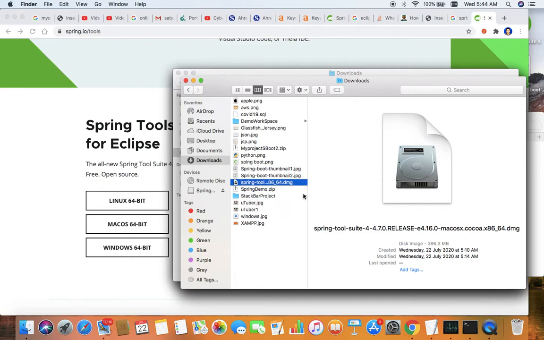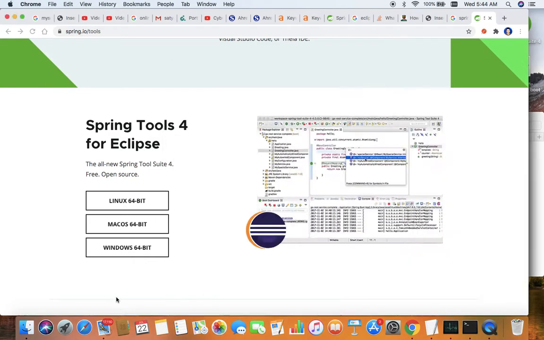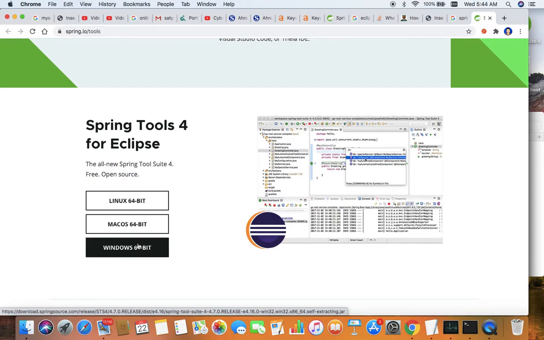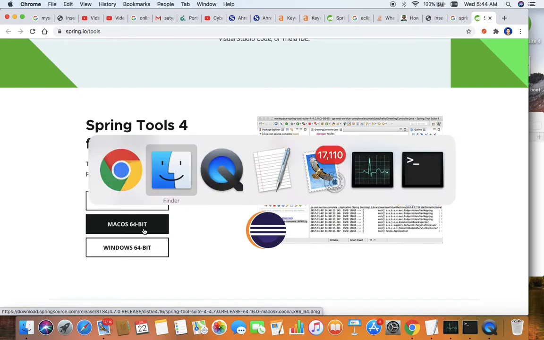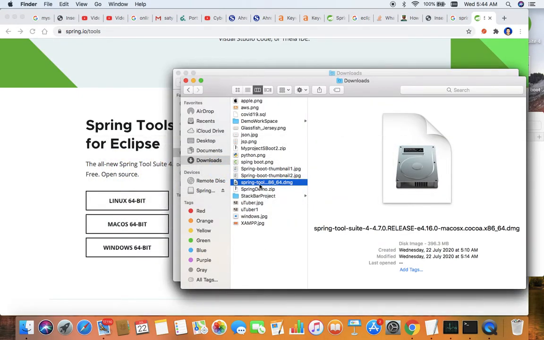You can download the zip for Windows, which is going to provide us a self-extracting jar file. If we go for Mac, then it is going to give us the DMG file. The DMG file is already available in my downloads folder. I have already extracted it.